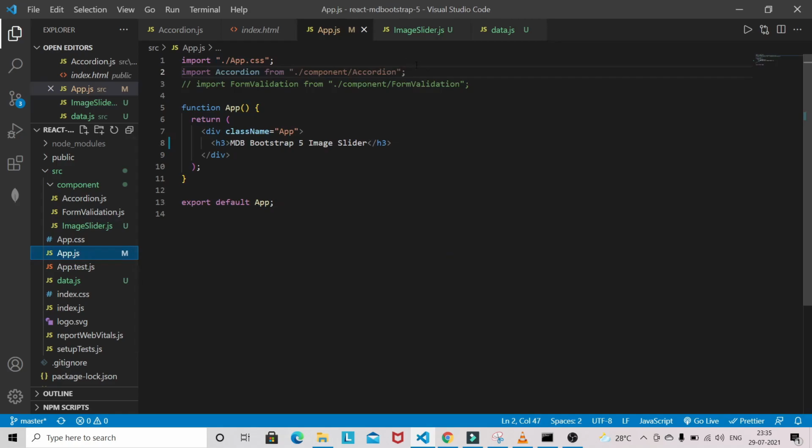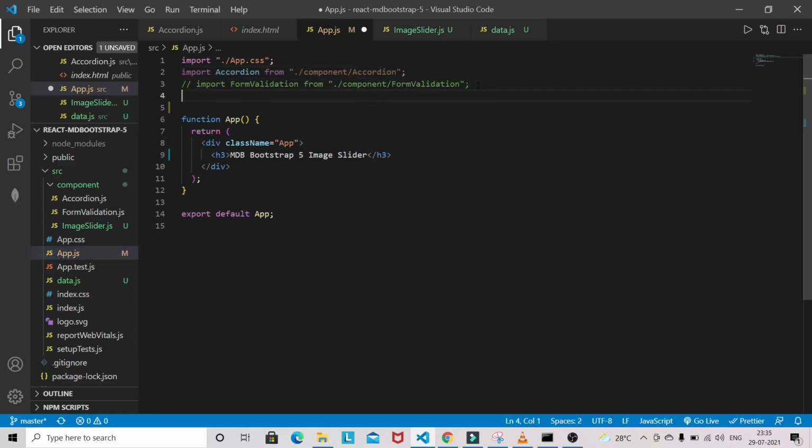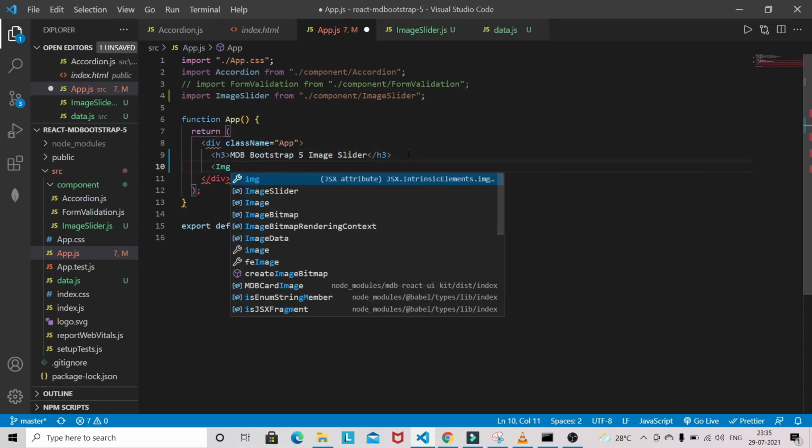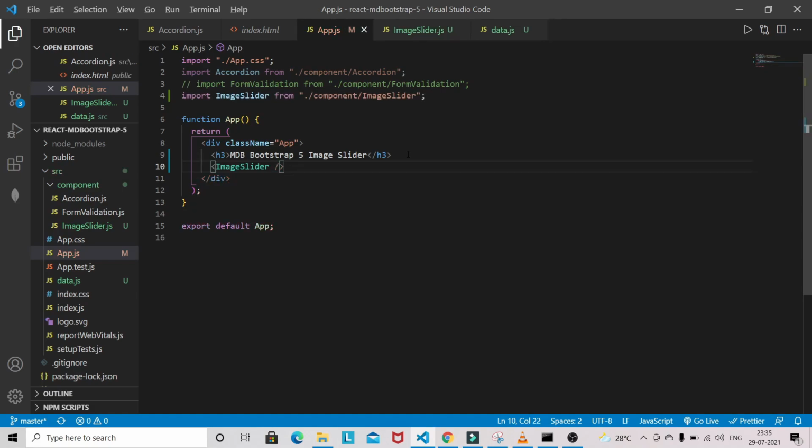You can already see that we have already brought in that accordion and form validation. This time I'm going to bring that image slider component and use it here, and we can make a comment on this one, no need as of now.